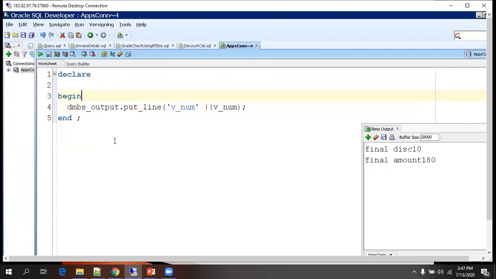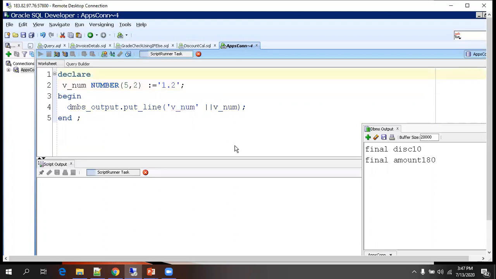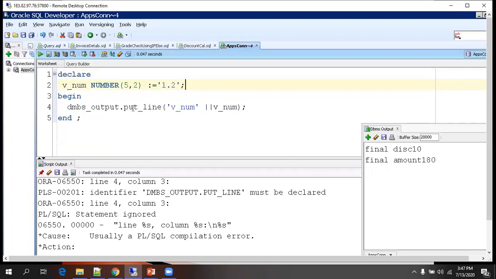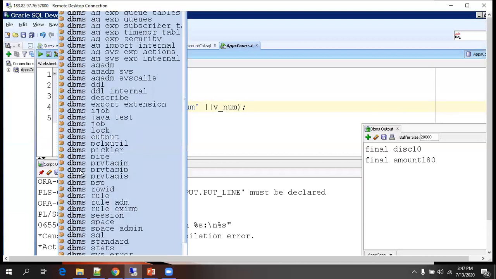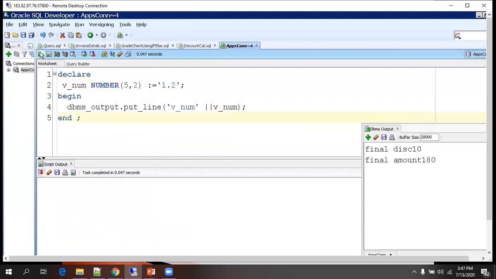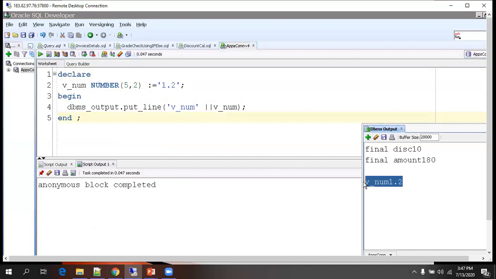I'll just say 1.2 and see whether it works or not, using DBMS_OUTPUT.PUT_LINE. What is the mistake? Okay, now it just printed 1.2.